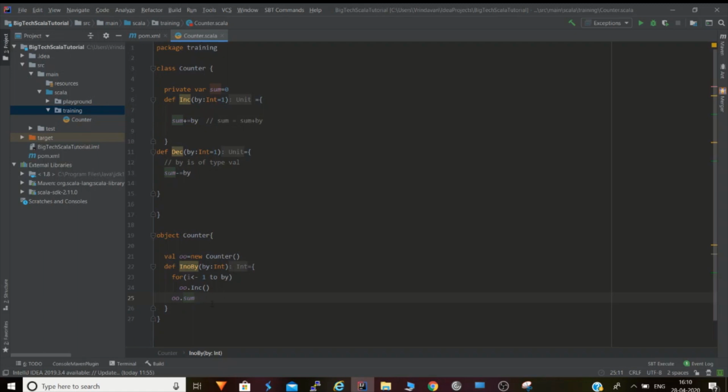This increment method is the method of this object, highlighted, as you can see. It will be called that many times and incremented, and it will return the sum value.